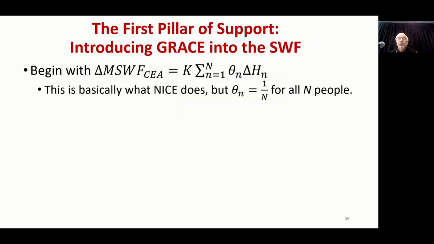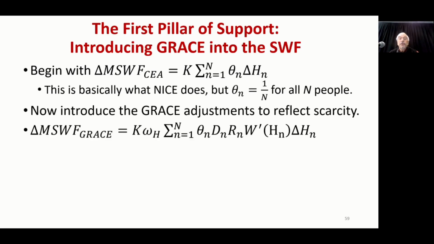So first, let's begin with saying, what does that social welfare function look like if you have cost-effectiveness analysis as the basic model of value? And it does that by saying the changes in marginal value of health, the changes are not the marginal utility of health, which is constant, but just simply the changes in health. So it's K, the multiplier, multiplied by all the changes in health for everybody in the society, multiplied by the societal weight. And that's the simplest of all social welfare functions in the Harsanyi model. And NICE in the UK does it simply by saying that everybody has the same societal weight.